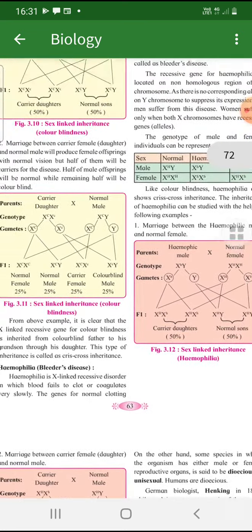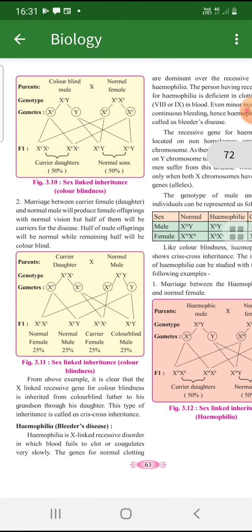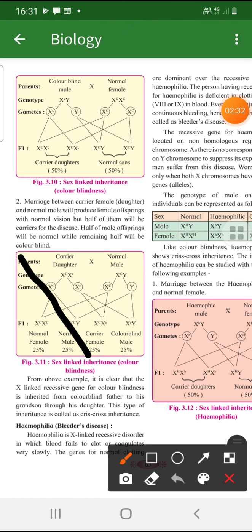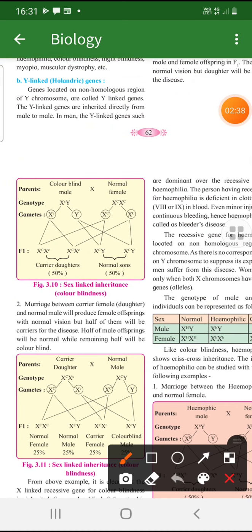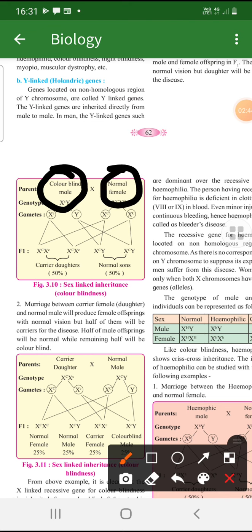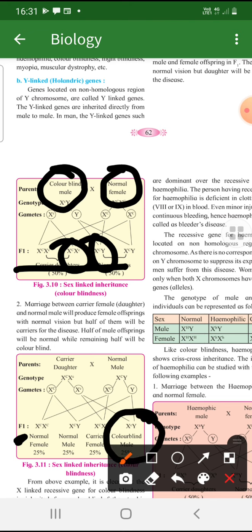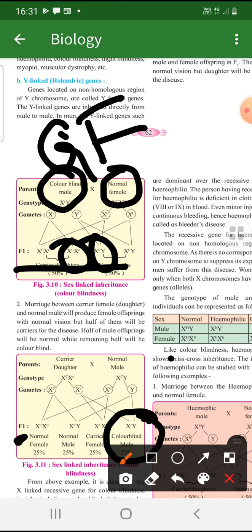Now the same case: how you did the cross for color blindness, you're going to do the cross for hemophilia also. Where in color blindness you had taken the father, the grandfather, he was colorblind, crossed with a normal female, and after the end product F1, the female and male of that same F1 were crossed, so you got the F2 generation. Here F1 is shown, but it is the second generation, and at the end you got a colorblind male. So the disease was transferred from a grandfather to grandson.